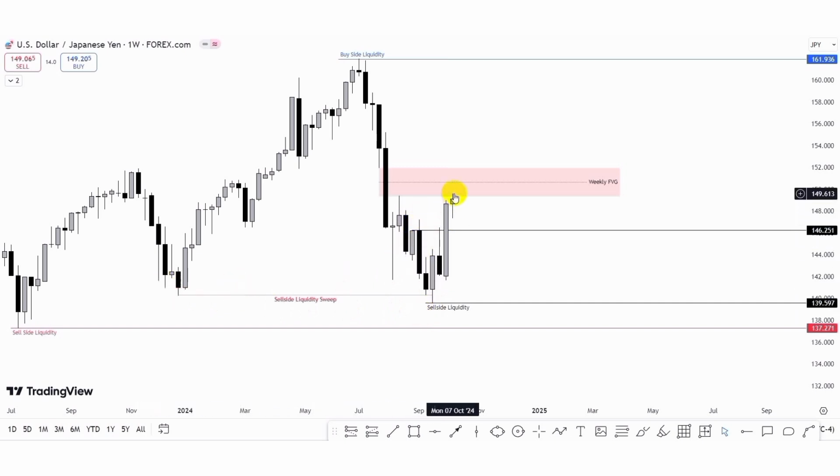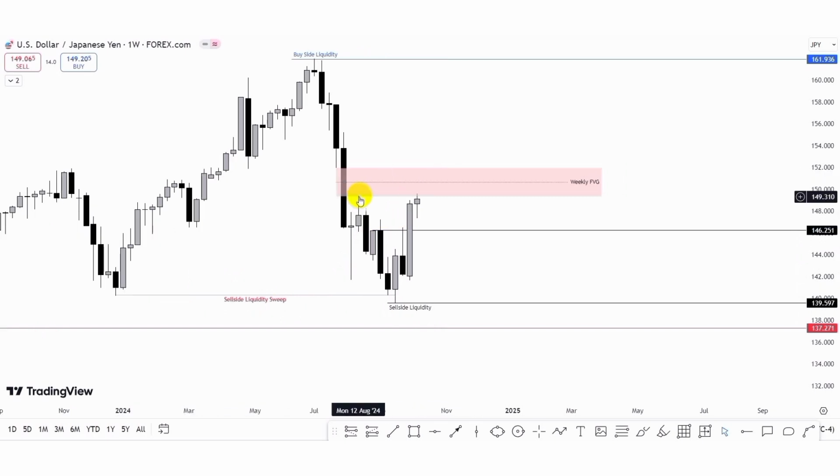So we expected to see the dip of price to the breakout block, and then we have the continuation into the weekly fair value gap, because we were expecting to see that price would take out this buy side liquidity, and we can see price take out this buy side liquidity. Now we can see that the fall of price did not really return fully to mitigate the breakout block. Price reacted at this rejection block, and then we have the push of price to the upside.